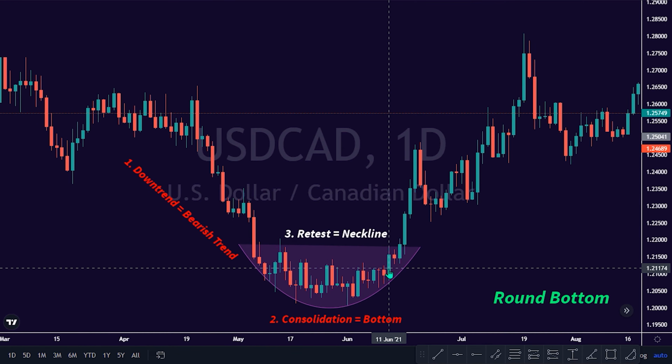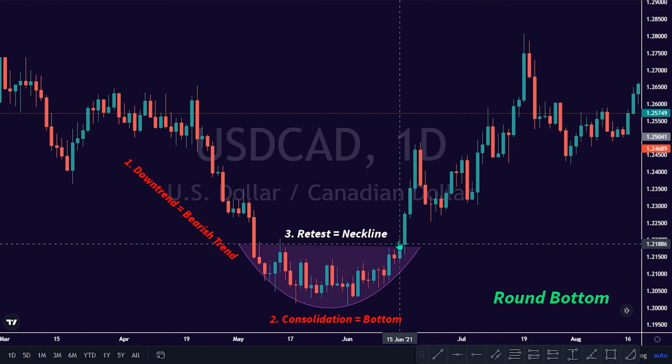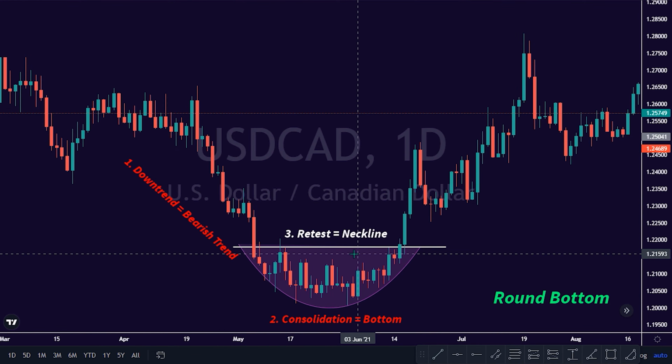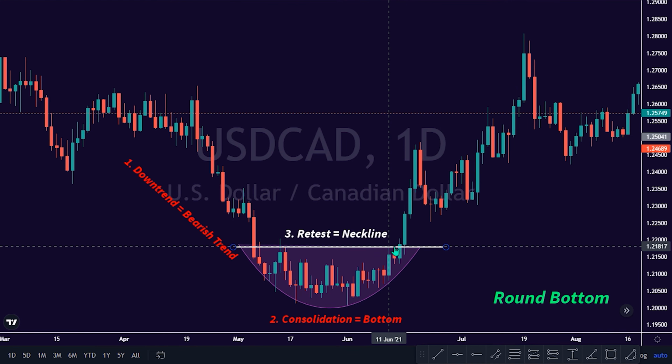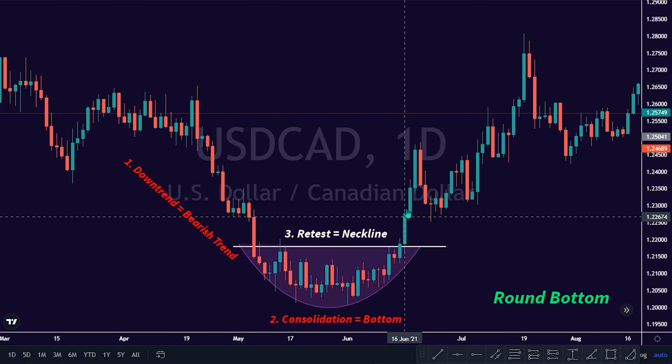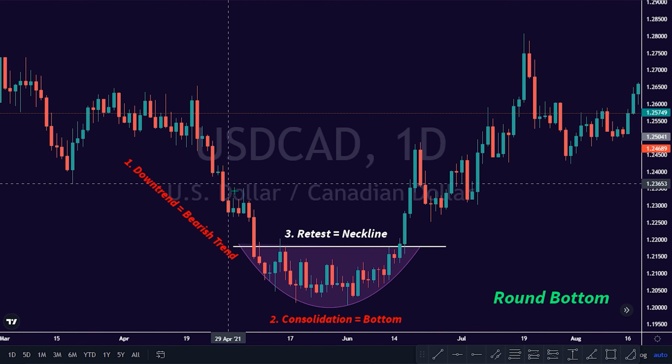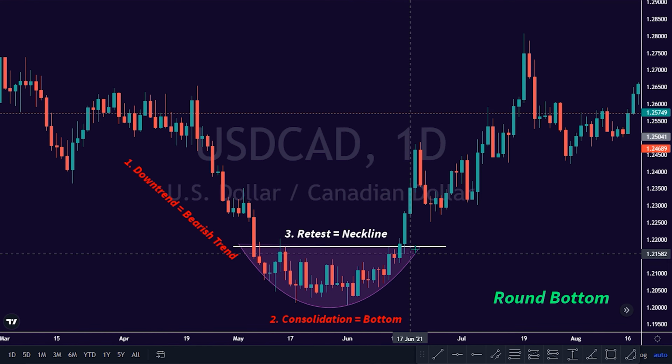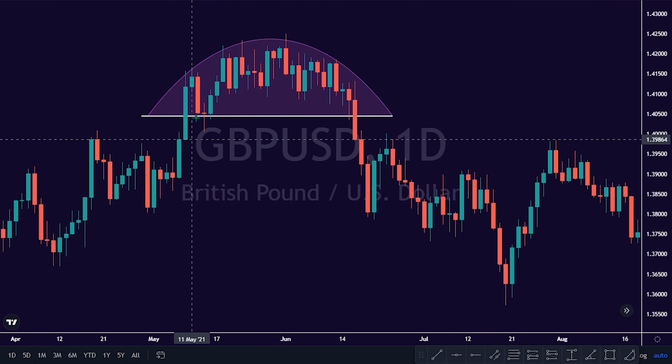Number 3. The last step is for price movement to eventually retest the consolidation area, which is called the neckline of the rounded bottom. A strong breakout of price of the rounded bottom would give confirmation of the pattern breakout. Now that we have learned how these patterns are formed, we can now proceed to how to trade them in